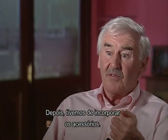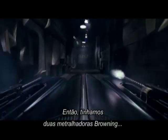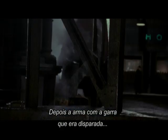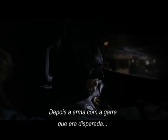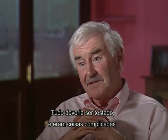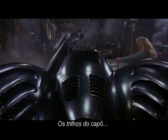Then we had to incorporate the gadgets. So we had 2 Browning machine guns either side. And we had the grappling gun, which used to fire out on the left-hand side. All had to be tested and all difficult things. Hood slides,